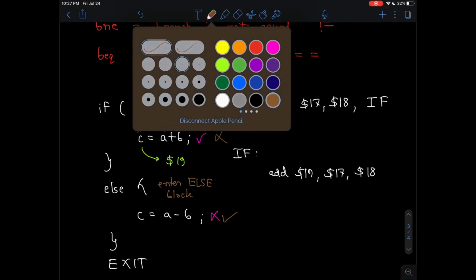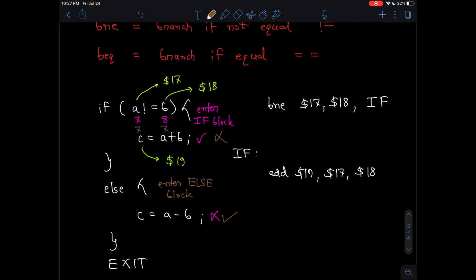Okay, so when you have now 7 and 7, what happens is that your two registers are not going to be equal, and therefore this branch won't be taken, and therefore sequentially whatever lines of code you have here are going to get executed. So here you should have basically the code for the else block, which is sub $19,